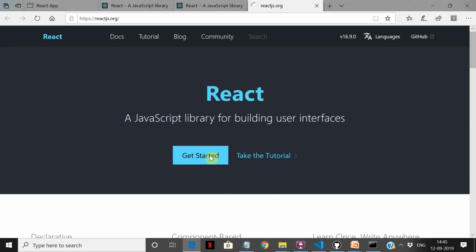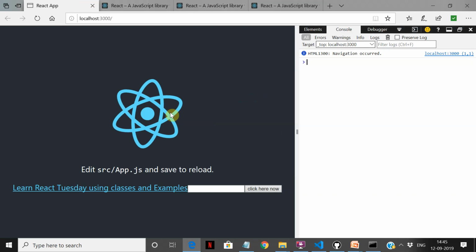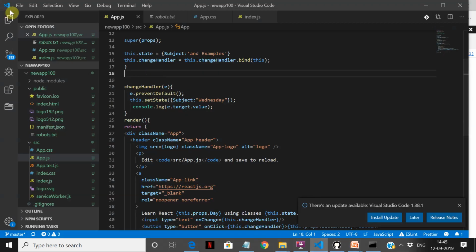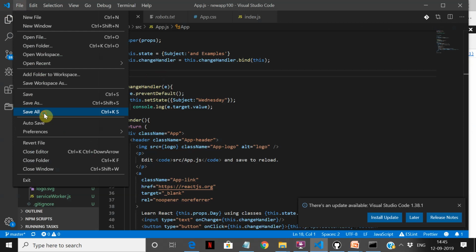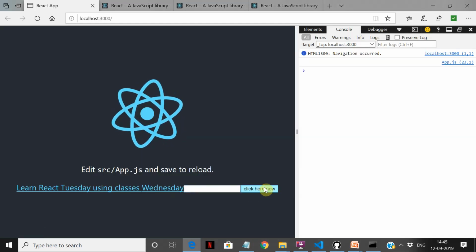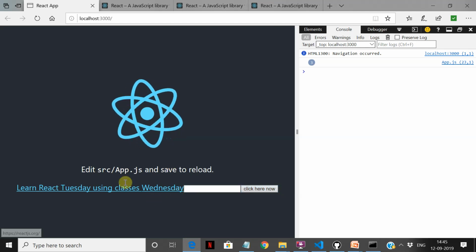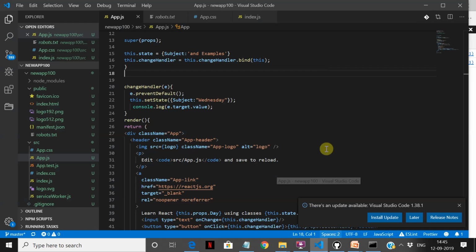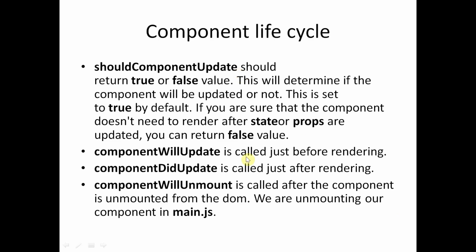Similarly, whenever there is a state or prop change, for example from a button click, let's take a look here. See, the state is getting updated here. Just a minute, let me make that small change. Whenever we make any state or props change, which you have seen in the previous video, this whole thing will get re-rendered. So you can control that.